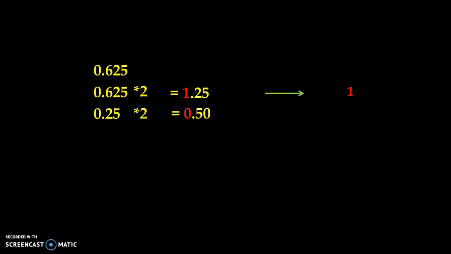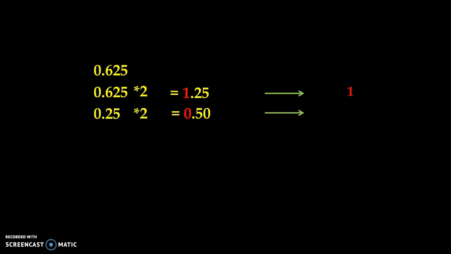Our next step is to convert the fractional value of the decimal number into the equivalent binary number. So let us now convert 0.625, and for converting decimal fractional values, we know that we have to repeatedly multiply by 2. So let us multiply 0.625 with 2, and then the product will be 1.25. Now we have to separate two values: the integer value, that is 1, that we take apart, and the remaining fractional value we take for another repeated multiplication. So 0.25 we are taking for another repeated multiplication, and then it will come to 0.50.